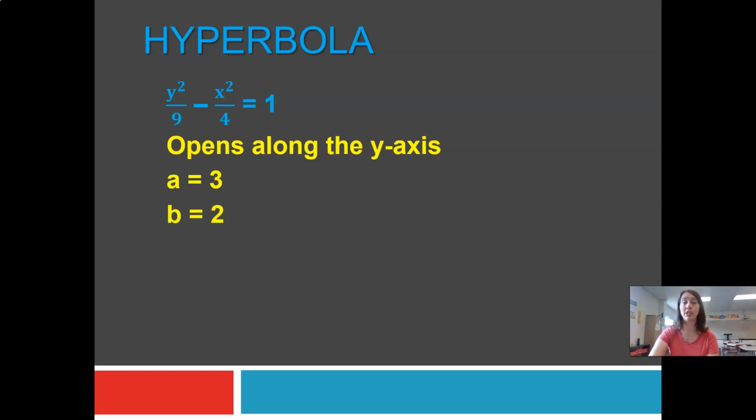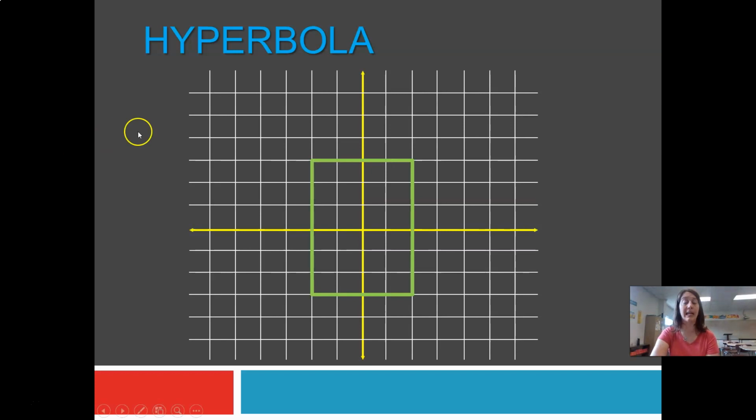It's what did I square to get to those numbers. And think carefully, the number goes with that letter. The a was part of this fraction and is underneath the y. So we're going to have to go up 3 and down 3. The b was part of the second fraction and that's associated with the x. So we're going to have to go right 2 and left 2 to help us as we're graphing our rectangle. And notice I did that. There was our a, which went up 3 and down 3 because that was underneath the y. And here's the b that went right 2 and left 2 because it was associated with the x in our equation. Drawing in my asymptotes, those two diagonal lines connecting the corners of the rectangle,